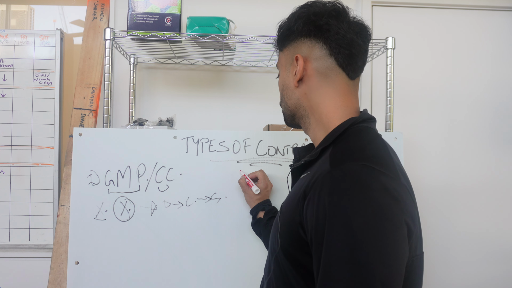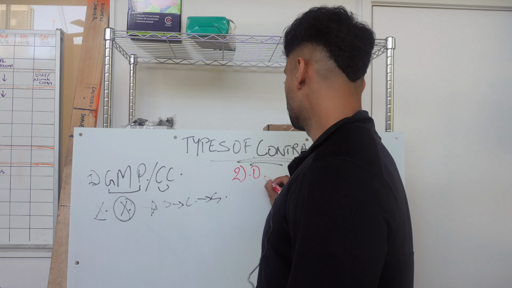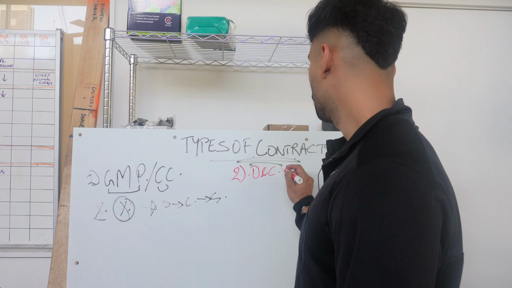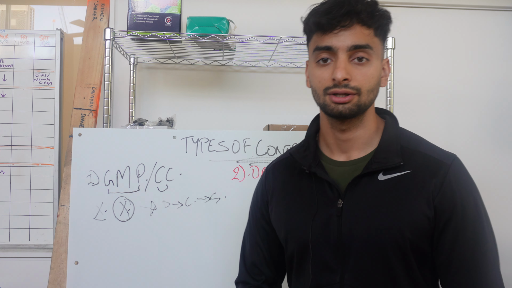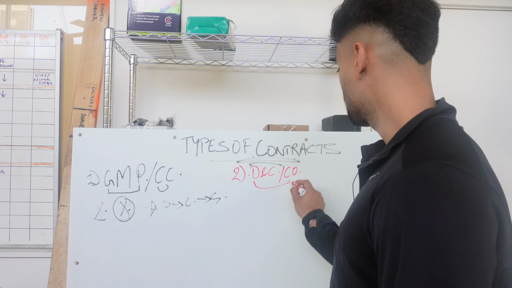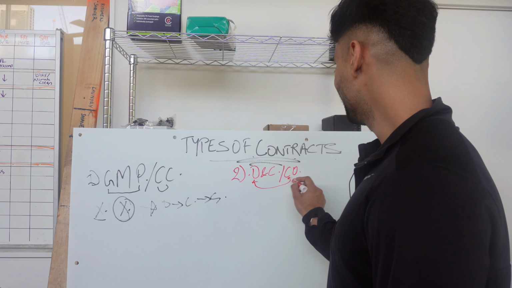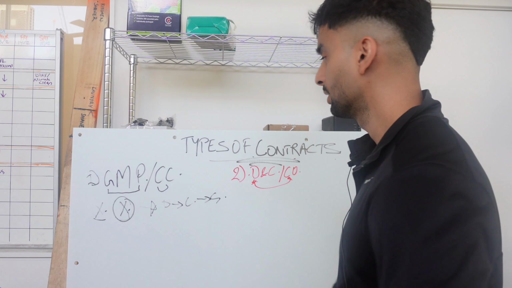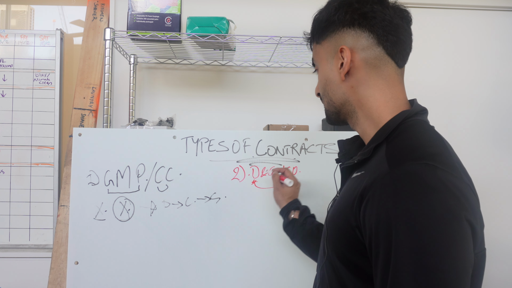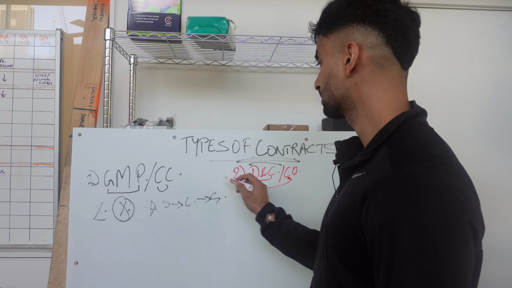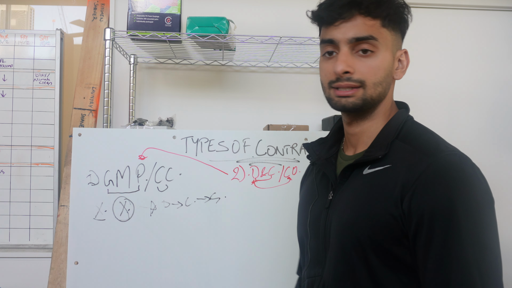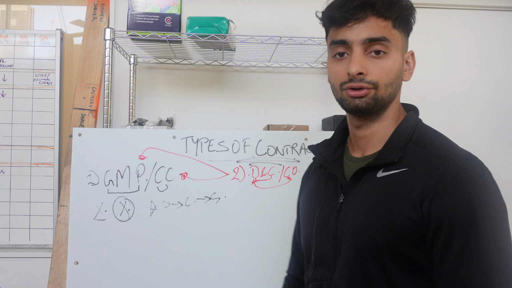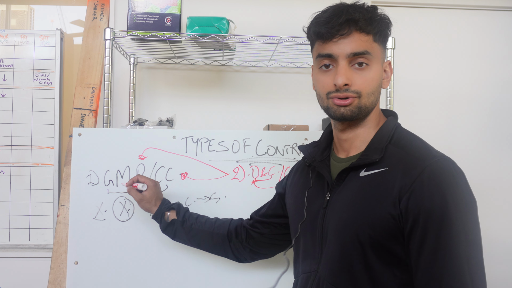Your next type of contract, an extremely popular one, is the D&C contract, which is design and construct contract, or CO, which is construct only contract. Both of these are more the subcategories of the contract instead of being the actual contract itself. Why I say that is because you can get D&C works incorporated with a guaranteed maximum price or cost to complete. So you can end up in a guaranteed maximum price contract, which I have done in the past for a developer,